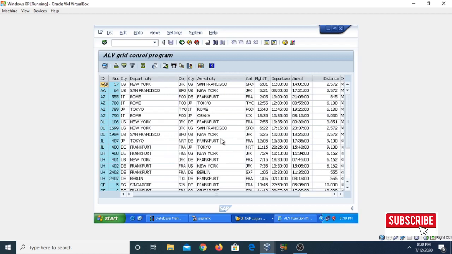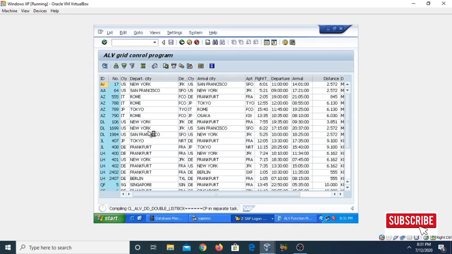You can see that the output is in the form of an ALV grid. In this grid you can use a number of functions that are already provided by the ALV grid control. Sort in ascending order, sort in descending order, and you can apply filters. You can also find the totals and subtotals. You can also use the bar chart here.